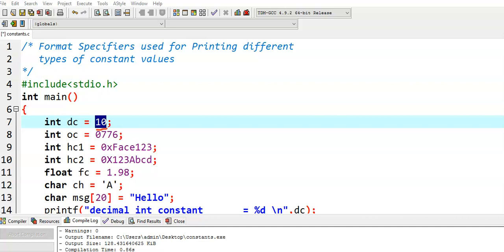Second one, I am using an octal constant value. Here OC is the variable, shorthand for octal constant. You can give any name if you want, and I am assigning it an octal constant value. An octal constant begins with 0, followed by any number of digits that are allowed in the octal number system. If you want details about the octal number system, etc., you can find the video about constants which I have made in